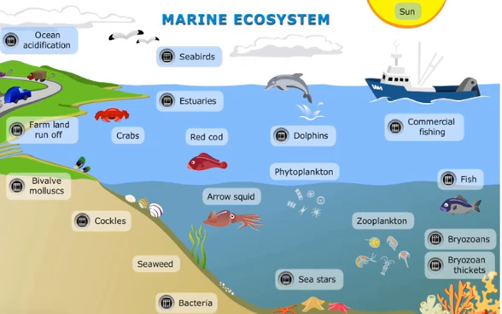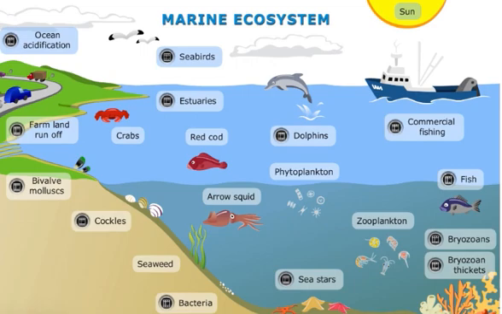Let's get started. Imagine you're diving into the ocean. Beneath the waves, there's a bustling community of living things, all connected through what they eat and how they get their energy. This is called a food web. A food web shows us how energy and matter move from one organism to another in an ecosystem. Let's take a closer look at today's ecosystem.